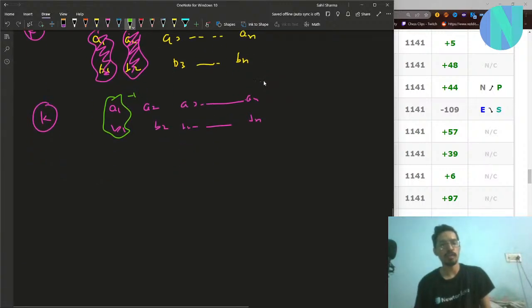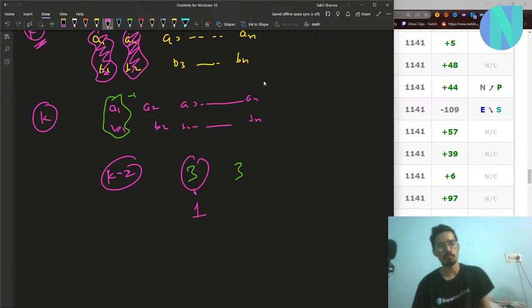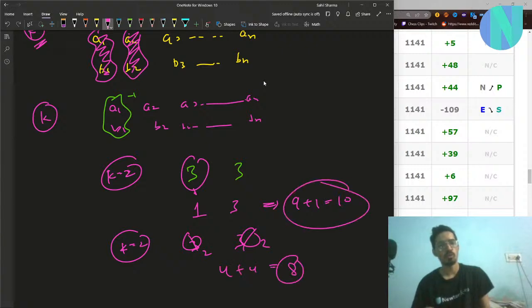So I took a simple example, that is 3 comma 3, and I took my operations k equal to 2. If I follow my first approach, I will apply both operations on the first index, so it will become 1 and the other will stay 3. So my answer will be 9 plus 1, that is 10. Now if I use the second approach, with k equal to 2, if I have 3 here and 3 here, each will become 2, and I will have 4 plus 4, that is equal to 8. So obviously you can see that my second approach is better.